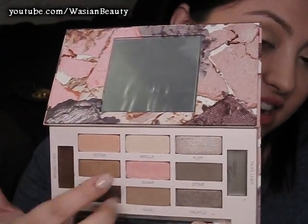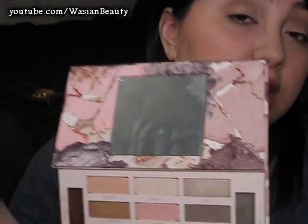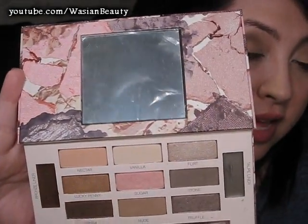For eyeshadows, I have been using 2 palettes, one more than the other, and that's the Naked palette by Urban Decay, and my absolute favorite, the Smashbox Softbox Eye Palette. This one looks like this. A lot of great neutral colors. There's a lot more matte colors in here, so I tend to reach for this more because I tend to like